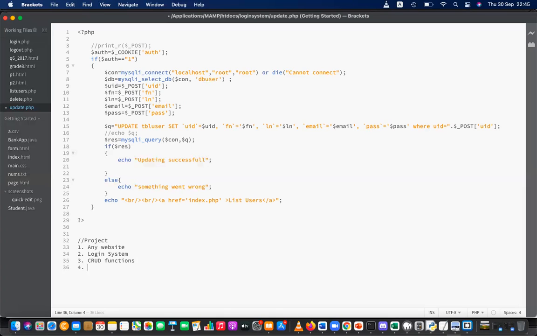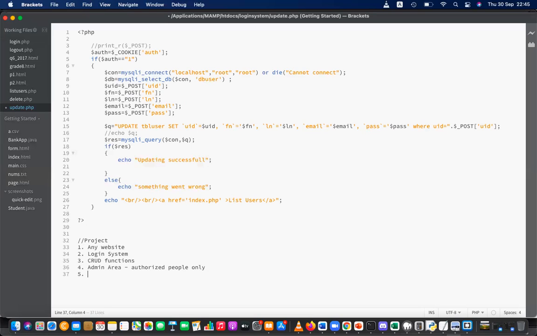Fourth one, you should have an admin area, only for the authorized people.